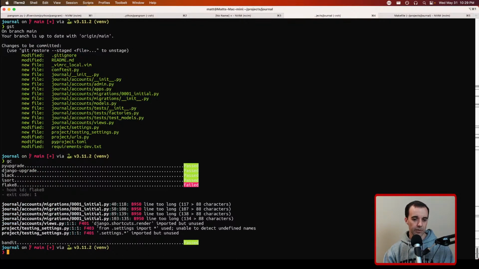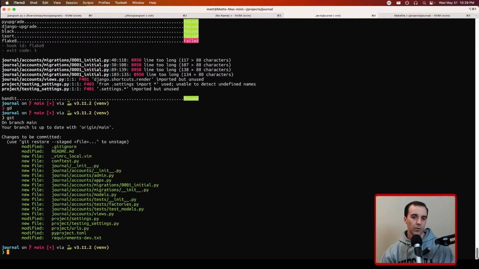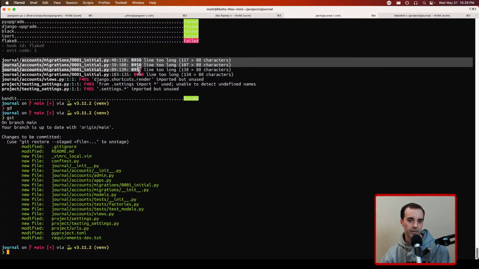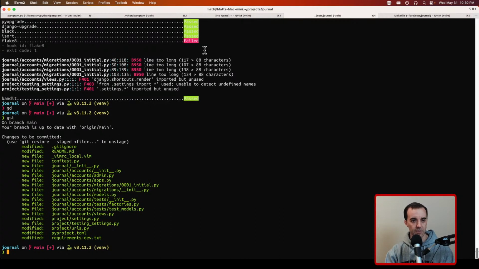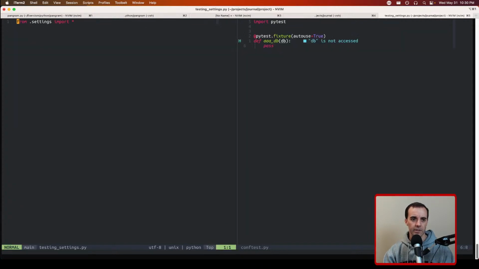See if it gets through all the imports. It does not. Did it fix those or not? Oh, boo. I think there are some things that the migrations will not, or black will not correct. We have to say noqa on those lines. Let's go into that file, correct that. We also need to go into the views file that we didn't touch and clean that up. And we need to go in that testing file and tell it to shut up about some stuff. So testing,